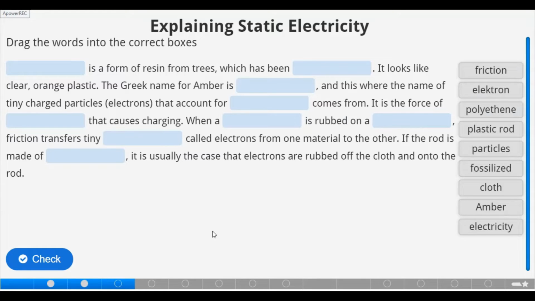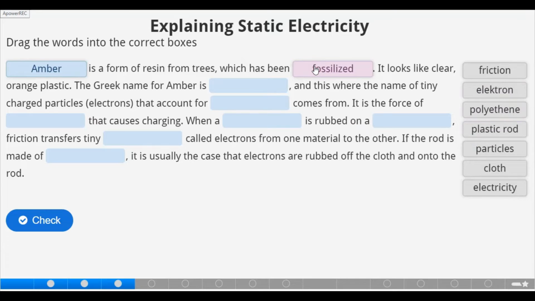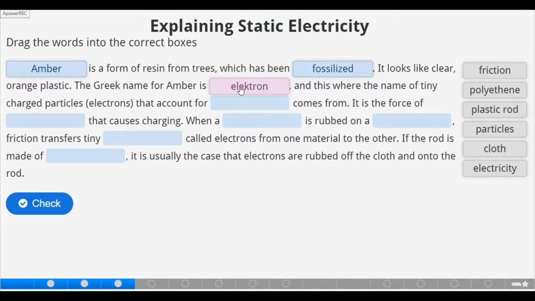Now, how do we then explain static electricity? Let's go. Amber is a form of resin from trees which has been fossilized. It looks like clear orange plastic. The Greek name for amber is electron. And this is where the name of tiny charged particles, electrons, that account for electricity comes from. It is the force of friction